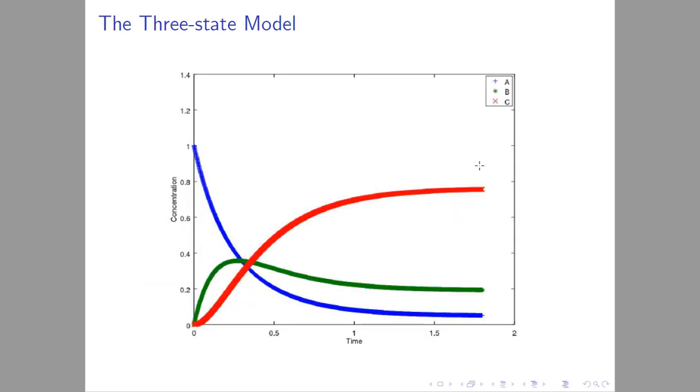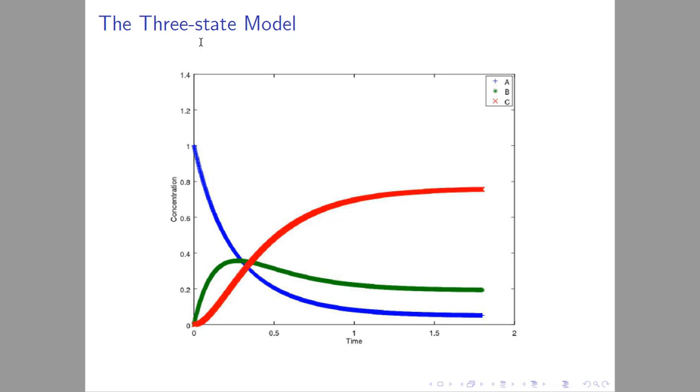Okay, so here we can see that A goes to small. At the initial time t equal to 0, all are A, but after some time we produce B, so B reaches high, but after some time B interchanges to C, so C increases through time.